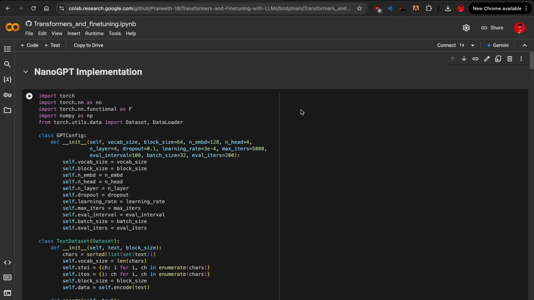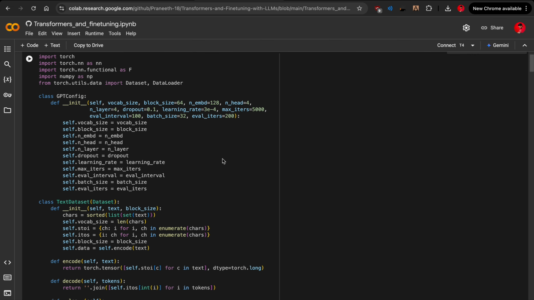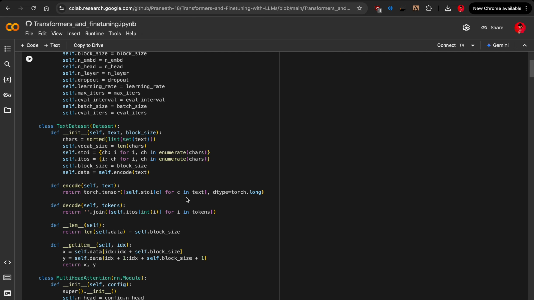So for this assignment, let's walk through this implementation of NanoGPT, starting with the foundational components. Our first section begins with the essential imports from PyTorch, and next we define the GPT config class. This is our configuration hub. Think of it as the control center for our model, which stores all the hyperparameters that define our model's architecture